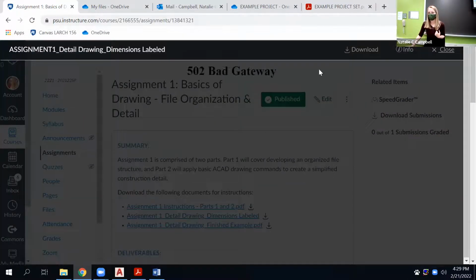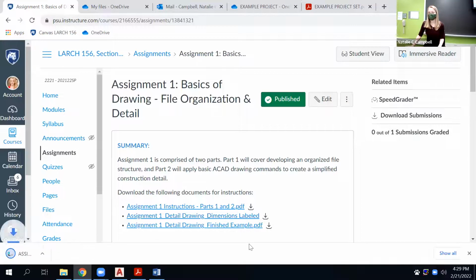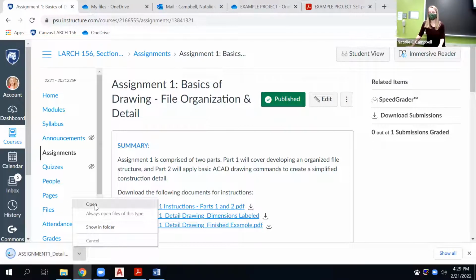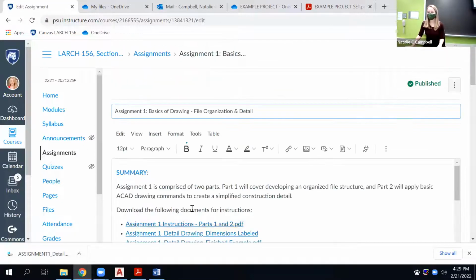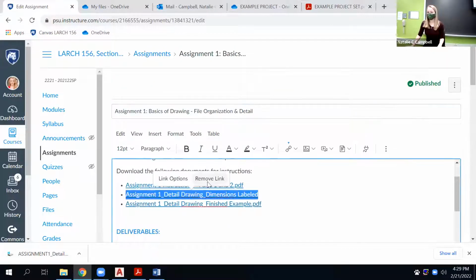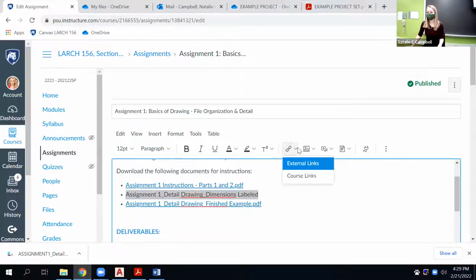Anyone else have issues downloading this or not? Did anyone attempt to download this first link? Yeah, same. Cool, I love that. Let's fix it. I'm glad we're going through this. I'm going to remove the link and